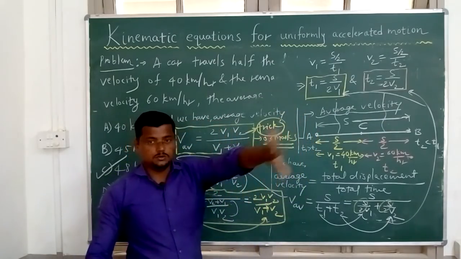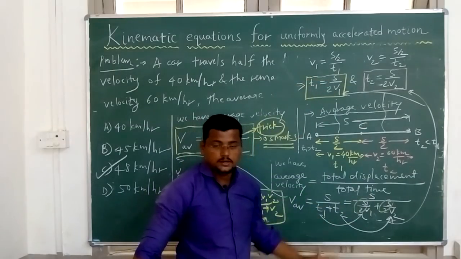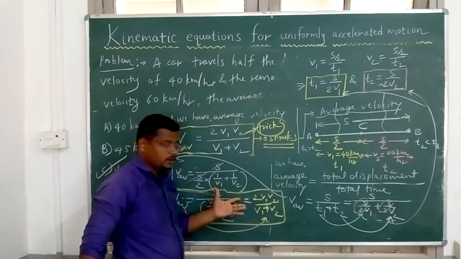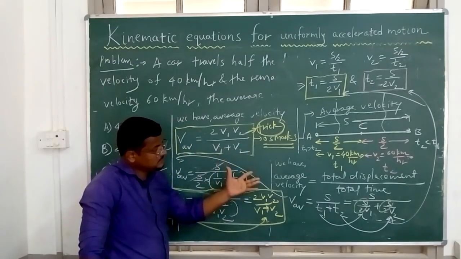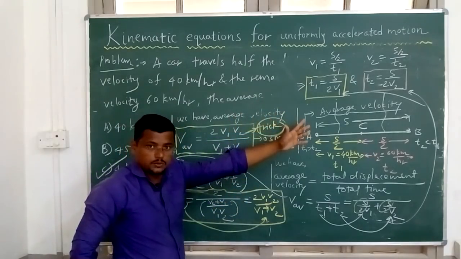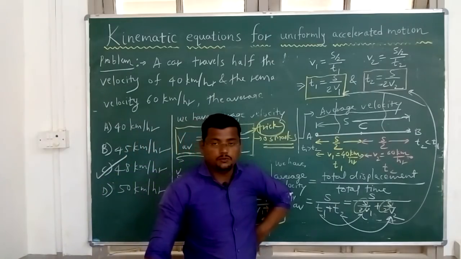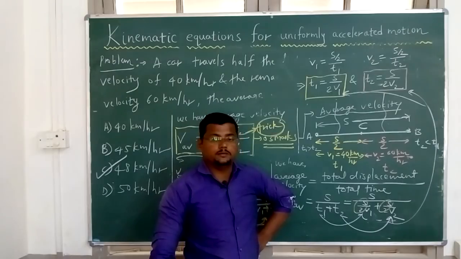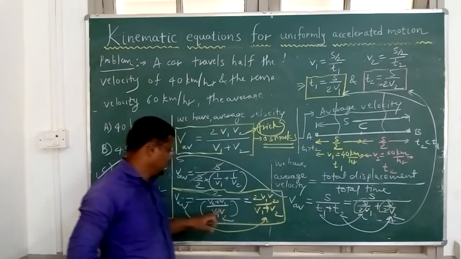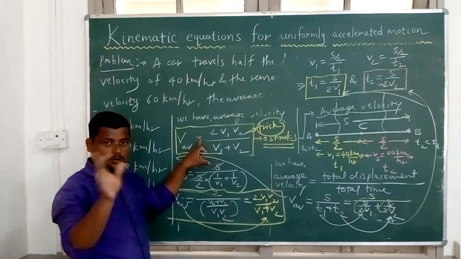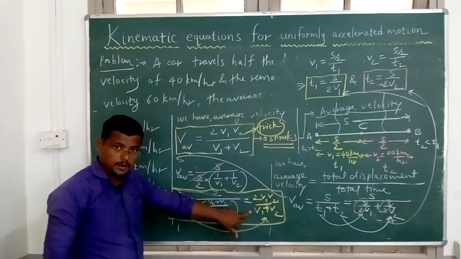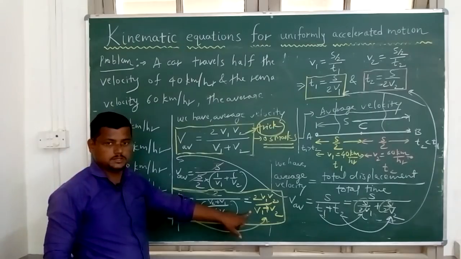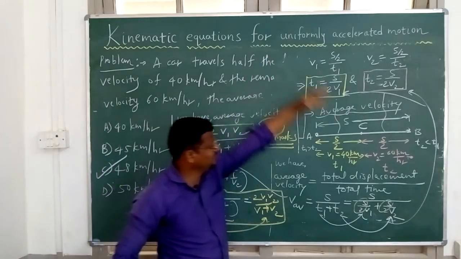There is nothing to worry about this calculation here directly. Why am I proving this? Because you asked me the doubt, and this can be asked in your exam also. So what is my answer here? V average, or average velocity, is equal to 2 times V1 V2 divided by V1 plus V2. This formula you can use directly. In CET nobody will ask you the proof, but you must have it in your mind for your knowledge and understanding. You must do all these calculations.